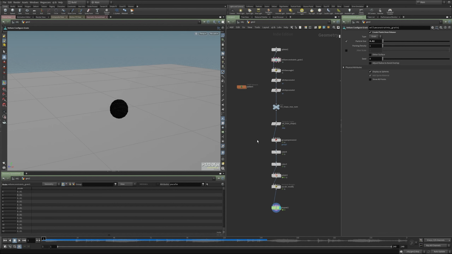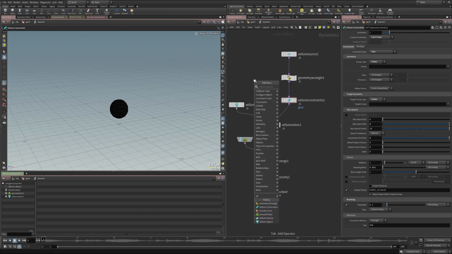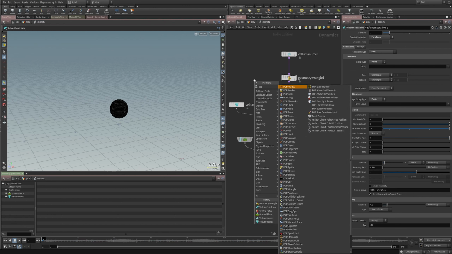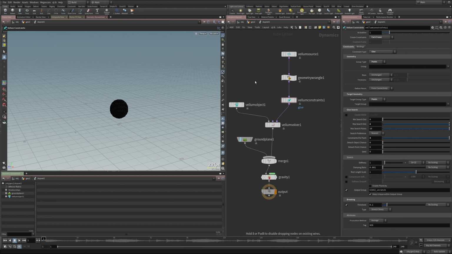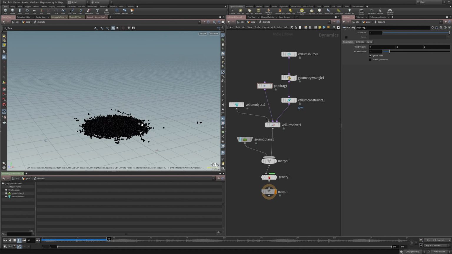All right, still not quite there. This kind of stuff just takes a lot of playing around with. The other thing that I added in my first play around was a pop drag. The drag forces are pretty important for any kind of point-based sim.